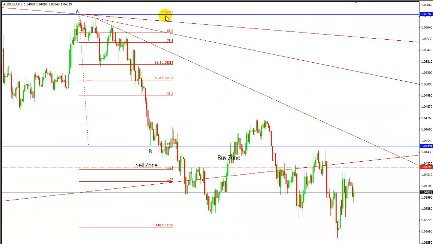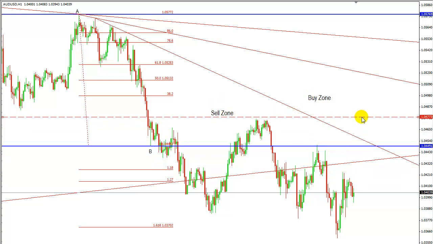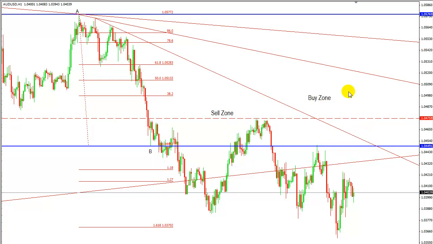A is at 1.0577 and the B is at 1.04493. Of course, let's just change this here to the buy now, because this is the sell. So we've got these inner trend lines drawn. Okay, buy zone, this is the inner trend line, buy zone above it, sell zone below it. Once again, if we start to see these levels taken out, this is the level that we just looked at on the 4-hour and daily, what we're going to see is a potential twin peak reversal trade, as well as